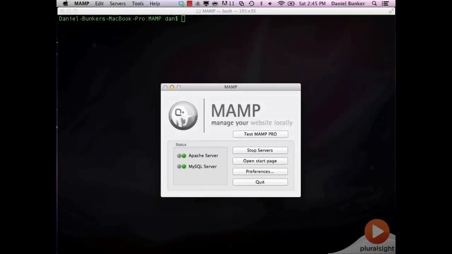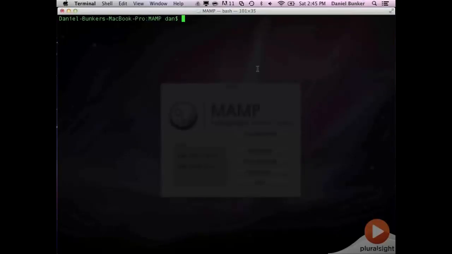MAMP is actually a little install that you can put on your system, and it tells you whether Apache and MySQL are running, and you can actually test it out and make sure that everything is installed correctly. If you're not using MAMP though, or you're using WAMP, you'll find something similar with WAMP, but you can also